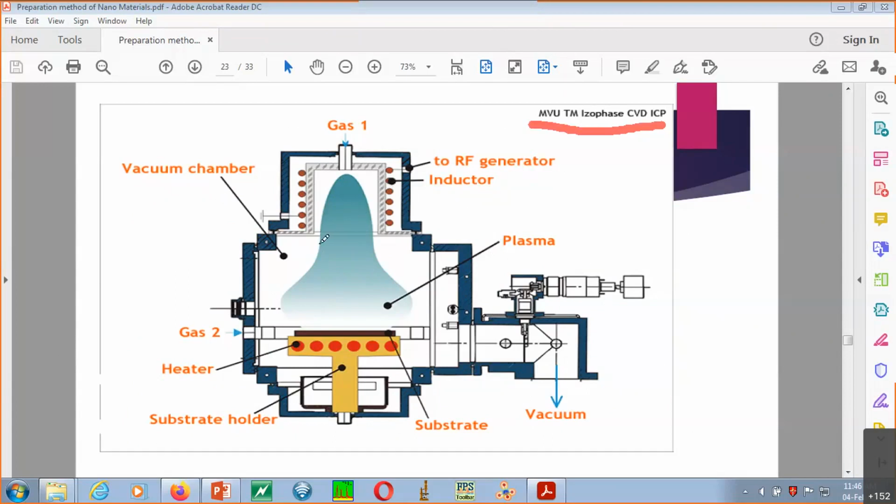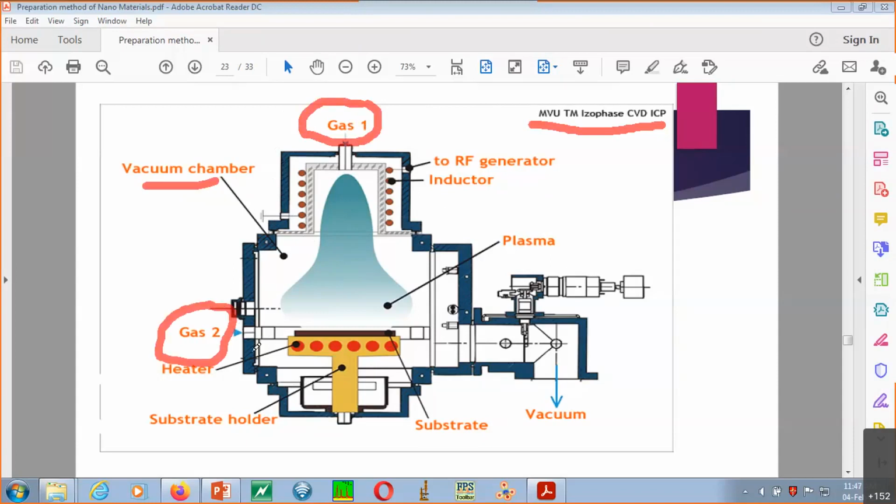But you can create a building block, okay, and then assign the component names, at least not all components, but the primary or important components you can highlight in that image. So you see this vacuum chamber, the entire process, as I said, you have to perform in the vacuum chamber. And then you see the gas inlet. So here is gas 1. Okay, here is gas 2.